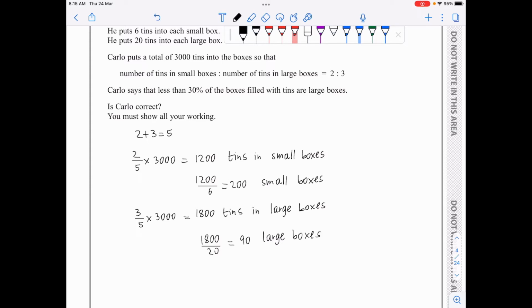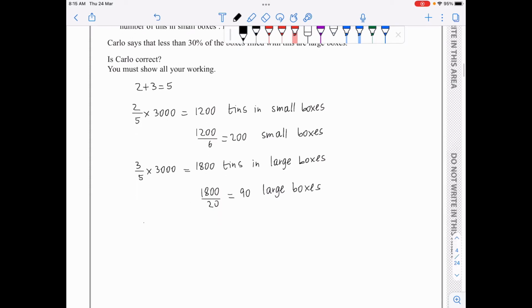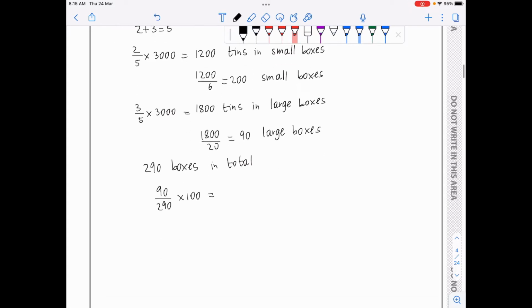This means I've got a total of 290 boxes. And 90 of these are large boxes. So 90 over 290 times 100 to turn it into a percentage. And I get an answer of